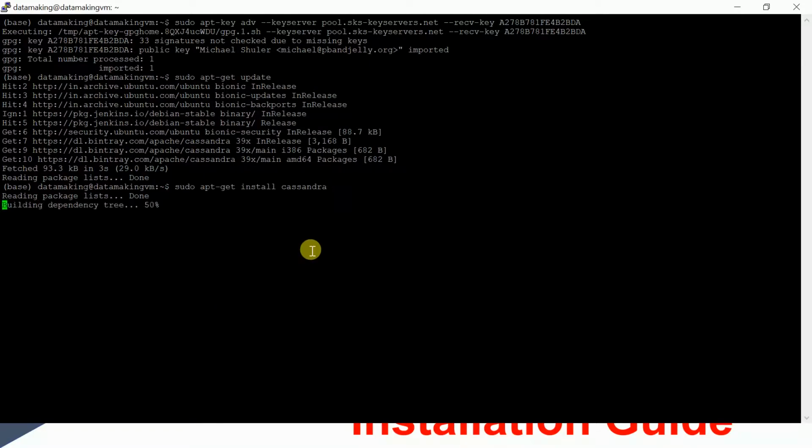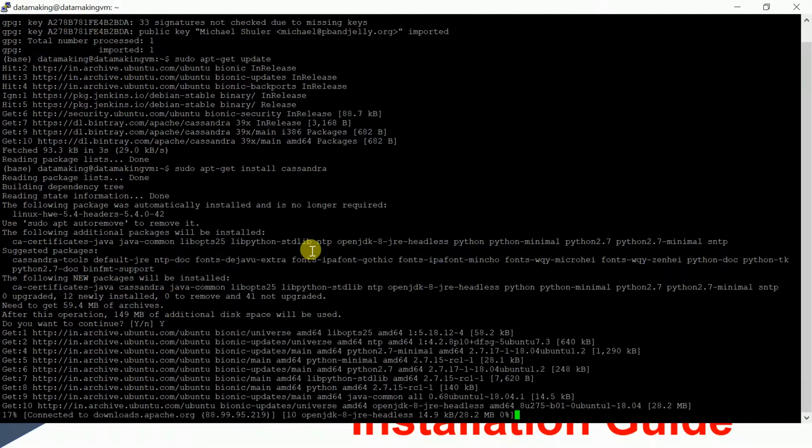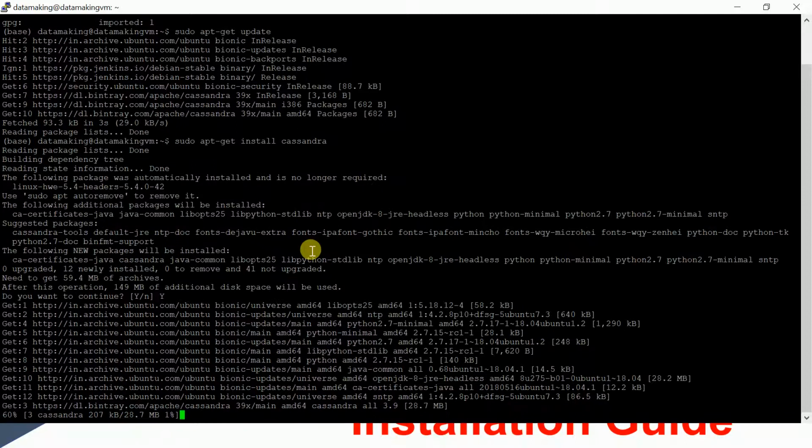Okay, now I'll say sudo apt-get install cassandra. It is asking for additional space to be used on the disk. I'll say yes. Now it starts installing Cassandra. Based on your internet bandwidth, it is going to take some time.